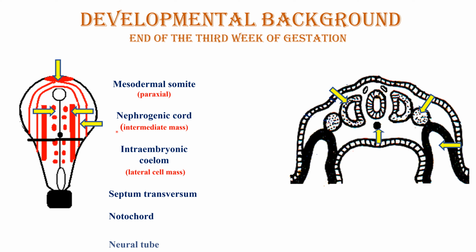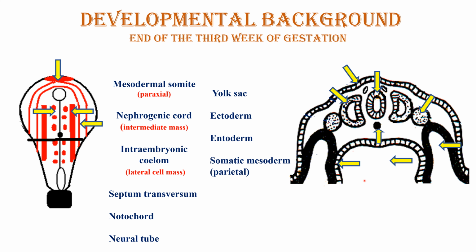Then, as we said, that is the notochord, that is the neural tube with the neural crest on each side. This is the yolk sac, which will end up as the primitive gut. The end of that area here will be the amnion. So those are the two cavities, the yolk sac, and outside is the amnion. The yolk sac here, that is the ectoderm as we said, and this is the endoderm, and this is what we call the